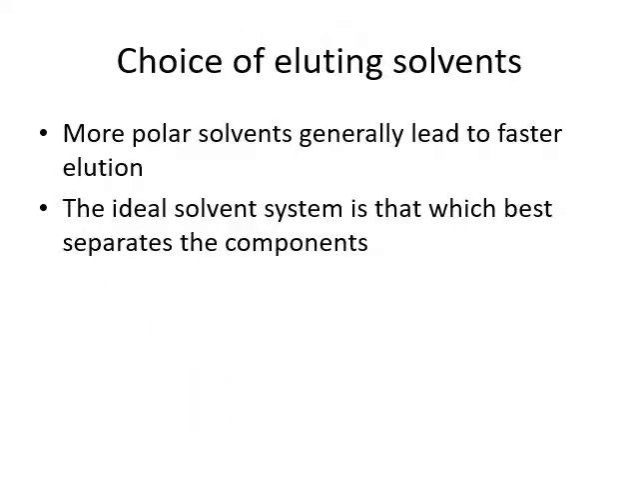The most crucial part of chromatography is choosing your solvents. So the more polar solvents, like I said, generally lead to faster elution. The ideal solvent system is that which best separates the components. So let's think about this. So if your compound is very polar,